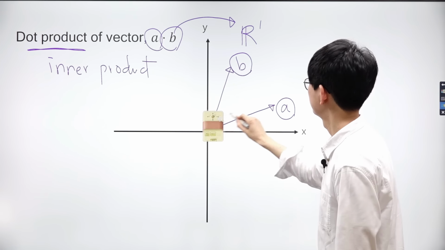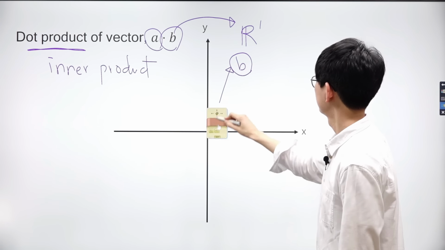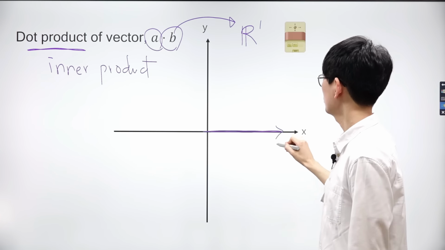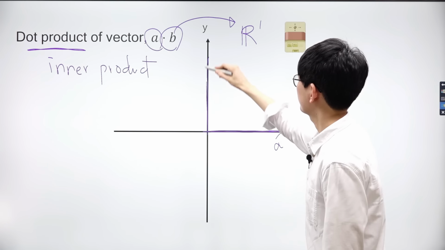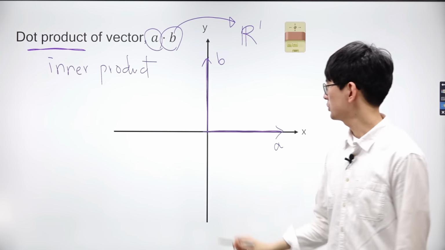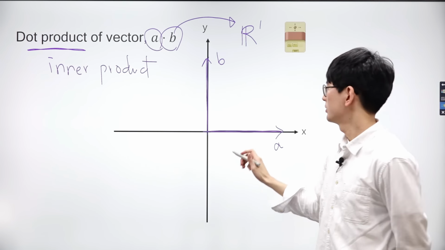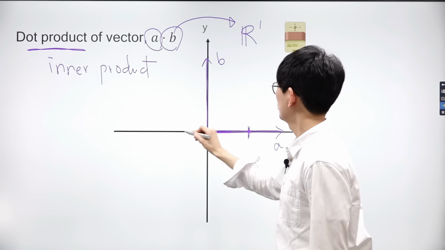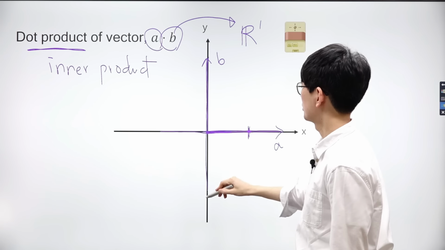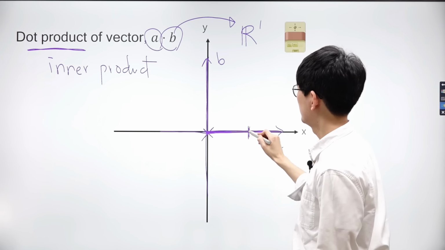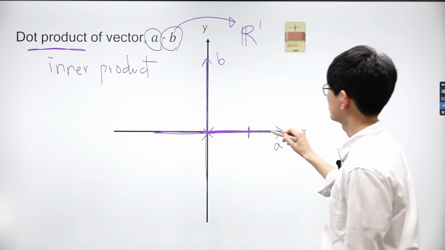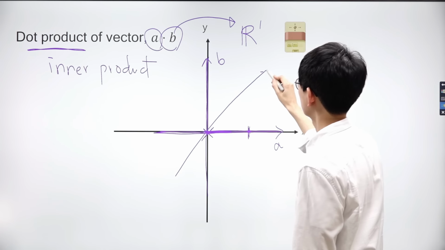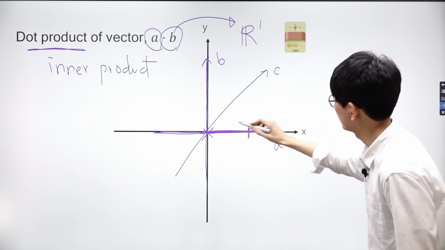Let's replot vectors A and B so that they are perpendicular to each other, with vector A on the x-axis and vector B on the y-axis. This shows that vector A and B have different directions. Imagine two people, one on each of the vectors A and B, moving along their respective vectors. The person on vector A can only see the person on vector B when they cross at the origin where the vectors intersect.